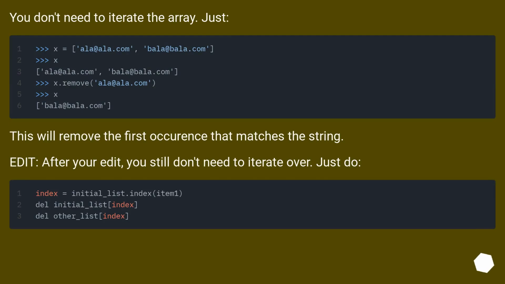You don't need to iterate the array. This will remove the first occurrence that matches the string. Edit: after your edit, you still don't need to iterate over. Just do: